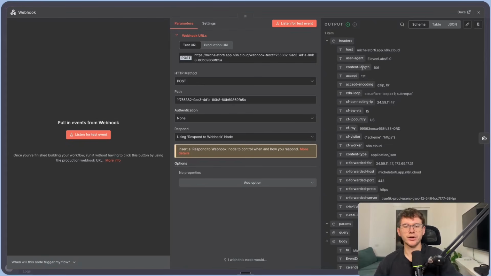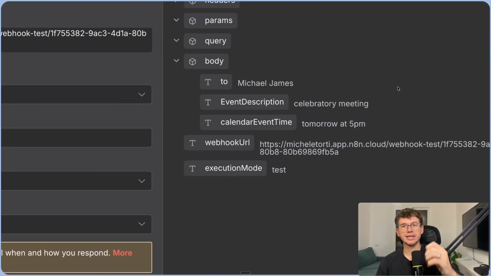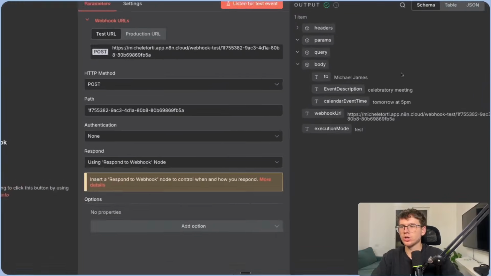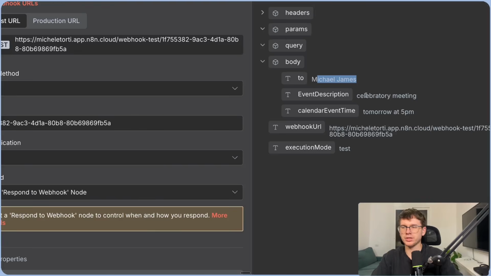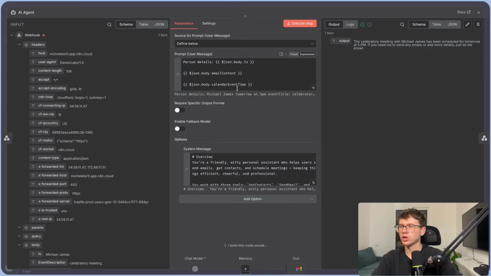And when you get the data here, you will see a ton of variables. Honestly, I have no clue what any of them are, but the only thing that you really have to care about is the body. So the body is the actual variables that we get from the voice agent for us to use when we want to actually take action on whatever it is. And so we get, in this case, to Michael James, event description celebratory meeting, and calendar event time tomorrow at 5 p.m. And that's all you need to then send to the AI agent with a user prompt,